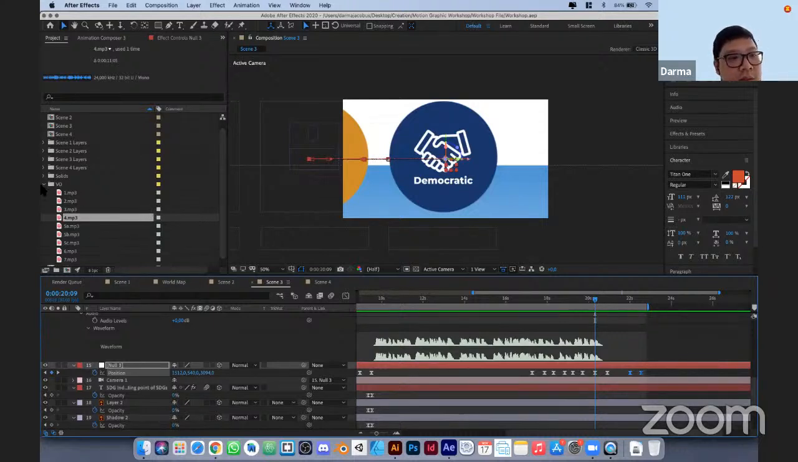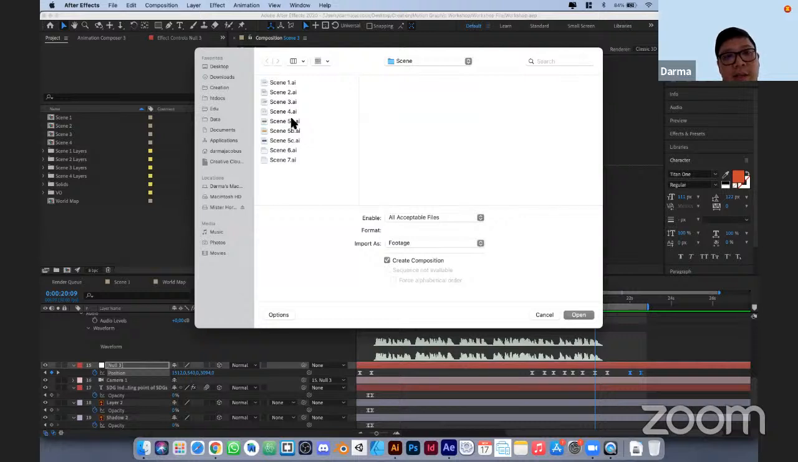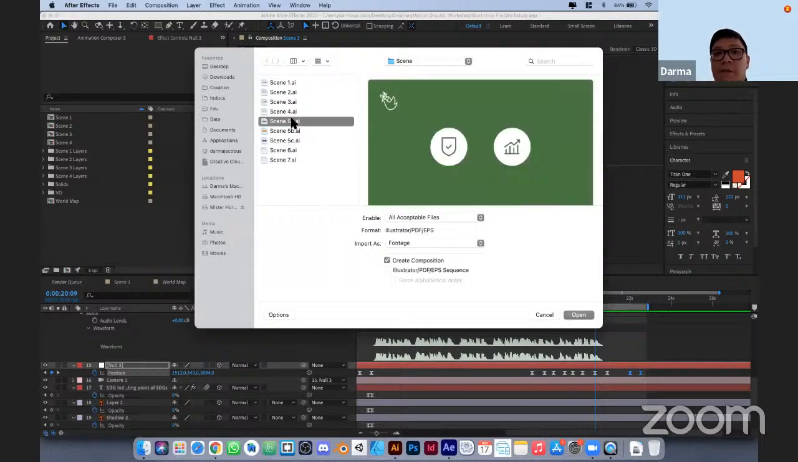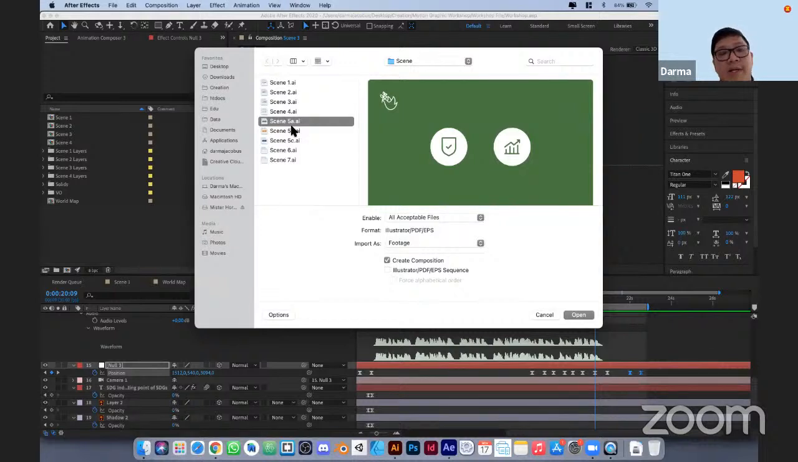So scene 5A, this is just like a very simple scene when you just refill everything. 5A, 5B, 5C, that is the same thing. So we will try to finish this one before the break. So 5A,